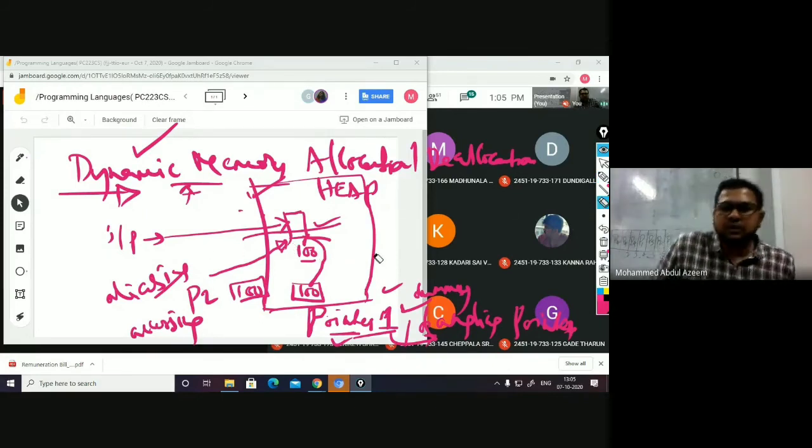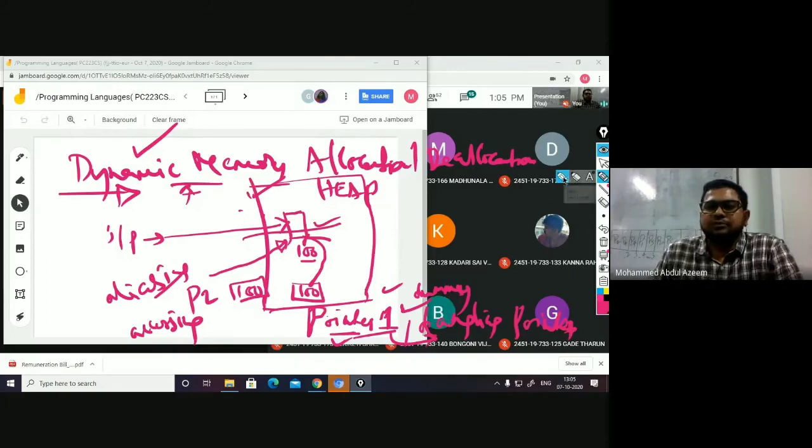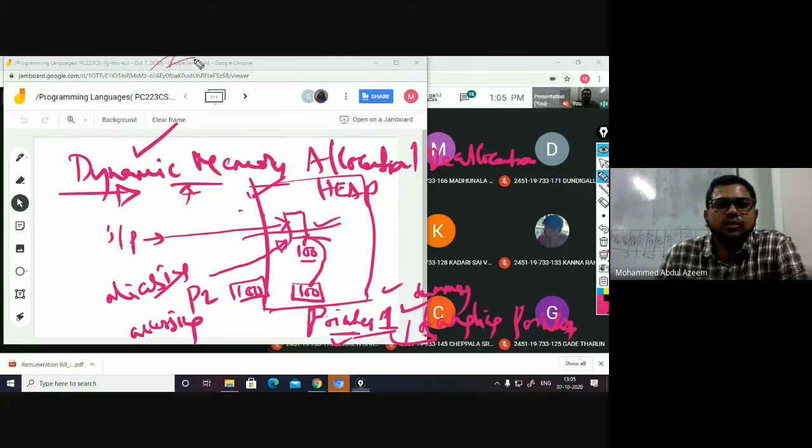Okay, so in C programming, you can see we have the malloc function, right? Memory allocation. This is used to allocate memory during runtime.